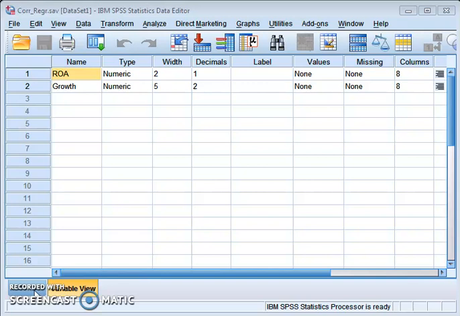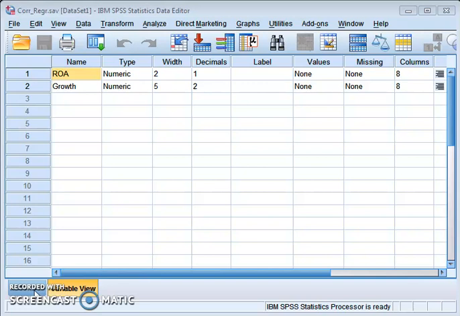Before we actually start the regression analysis, I just want to help you understand the research objective also. In this study, a company wants to know how growth rate is impacting profitability. That means the company wants to assess the impact of growth rate on return on assets. So in this case, growth rate is your independent variable and return on asset is the dependent variable. That means the value of return on asset is dependent upon the value of growth rate.